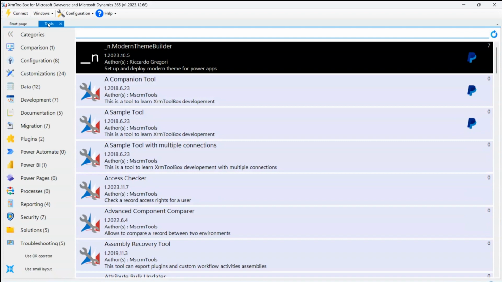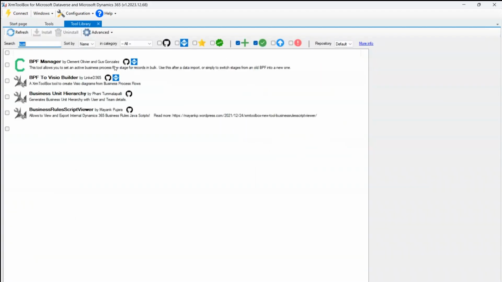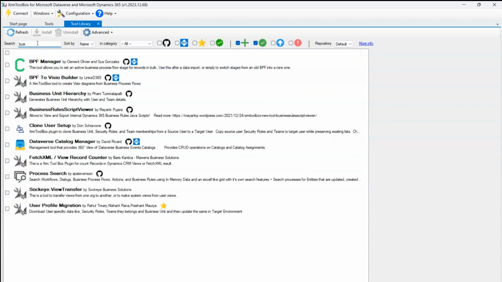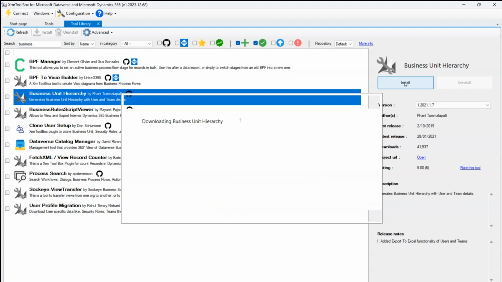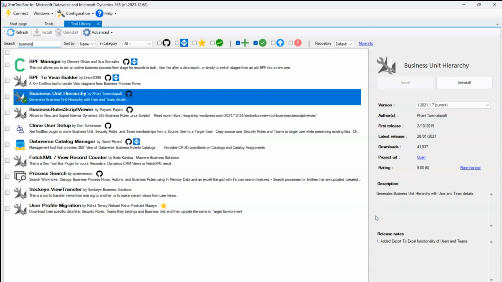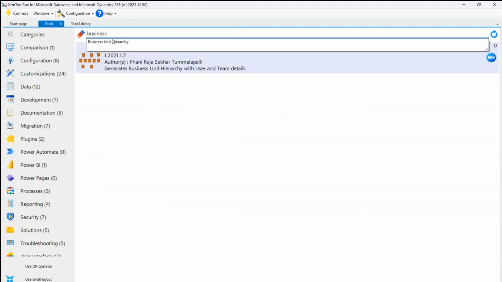If you do not have the business unit hierarchy tool, what you can do is search for that tool in the tools library. So if I go into the tools library, let me search for business unit hierarchy. As you see over here, you select this and go ahead and install that specific plugin or tool. Once it is installed, you can open this tool, business unit hierarchy,